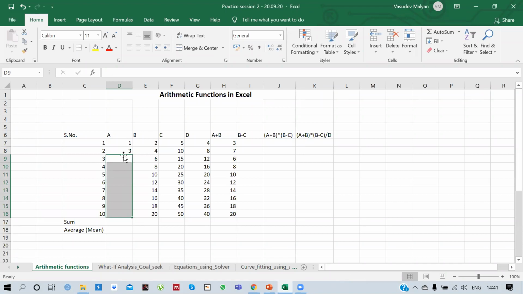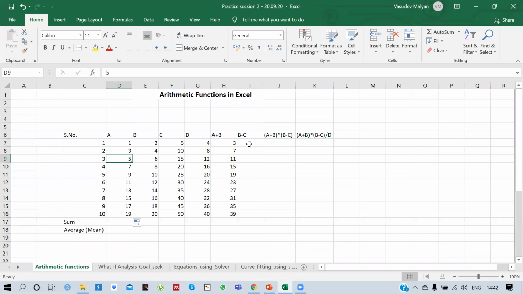So I have to give Excel a hint that I want to follow this trend. You have to select these two and then drag it, and Excel will understand that you are following this trend and trying to copy the alternate odd numbers in the series. This is the relevance of all the arithmetic operations in Excel, because you are going to use these operations in all the analysis you do.